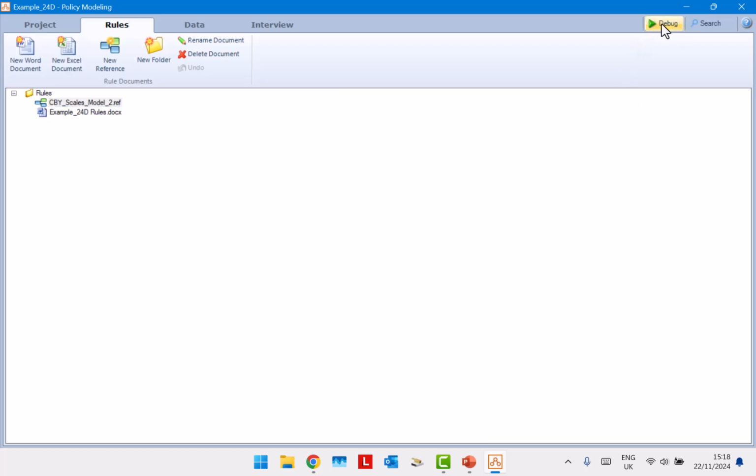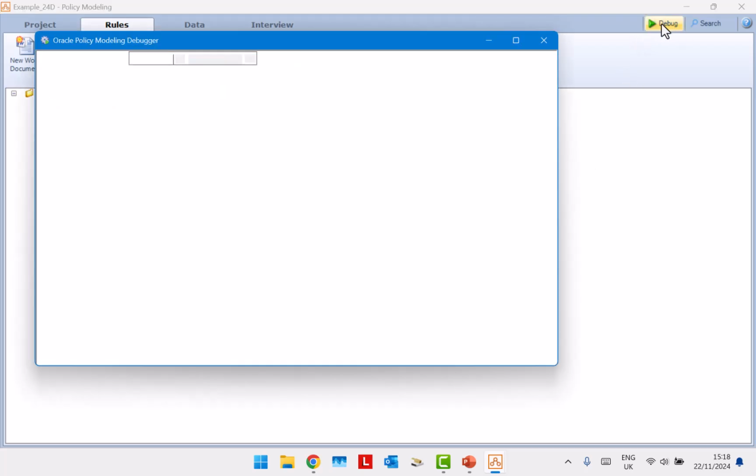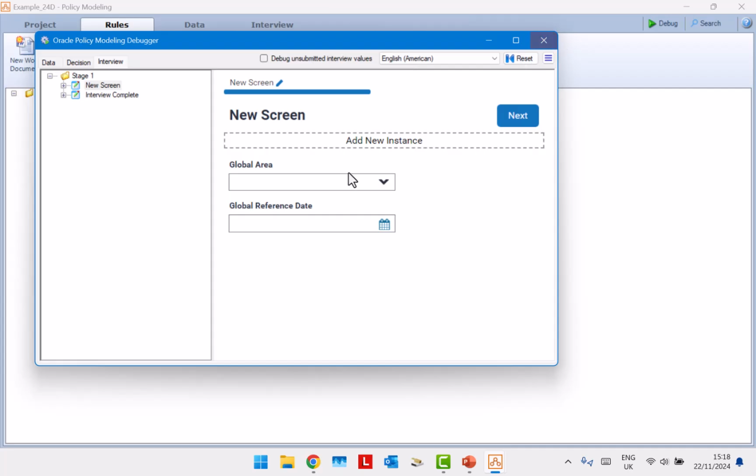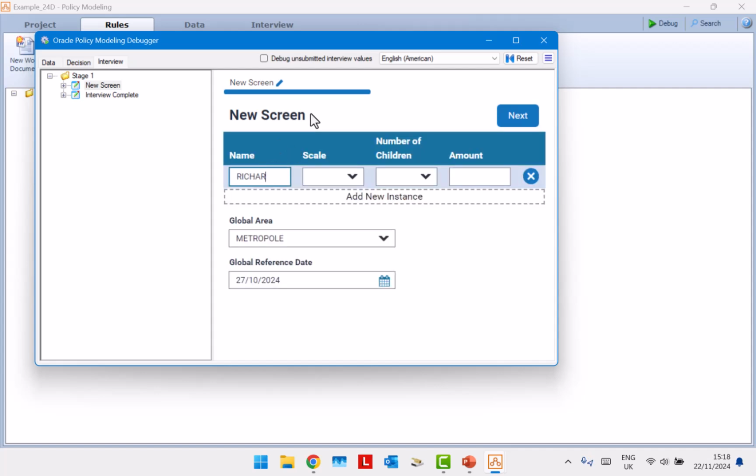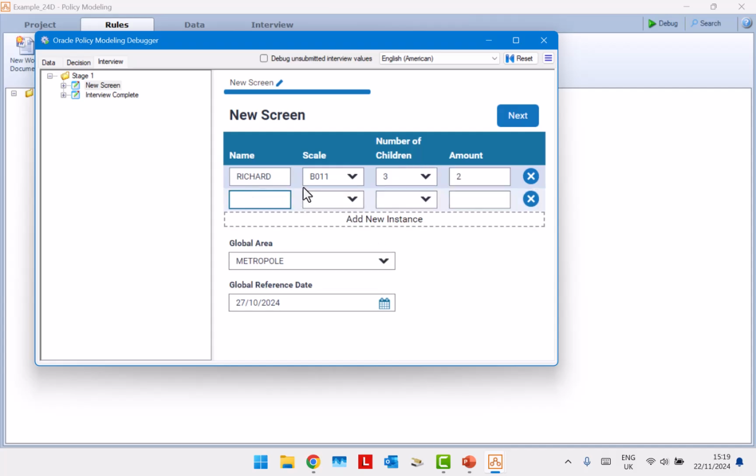So if I debug this, let's set the global area. I live in mainland France, and let's set the global date. So these two attributes will apply to both persons. If I enter Richard as person number 1, and I choose this rating system, and I say Richard has 3 children, and let's do Anna, and let's choose a different scale, and say 5 children,